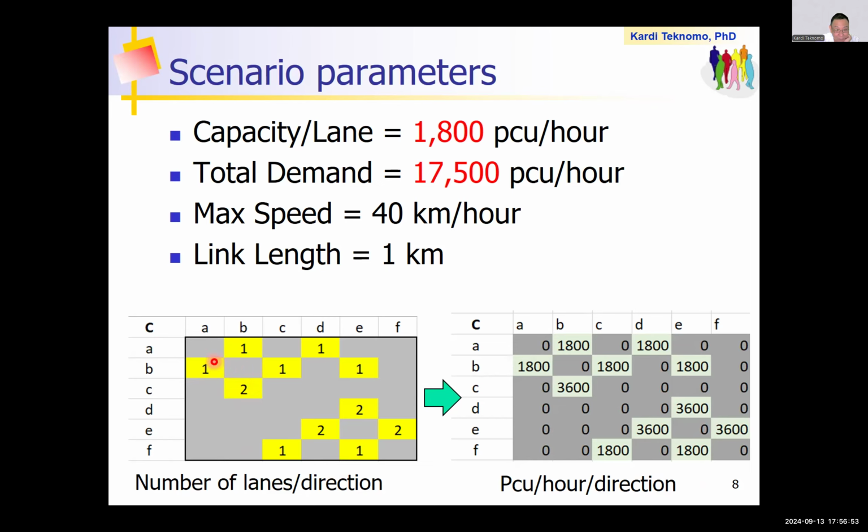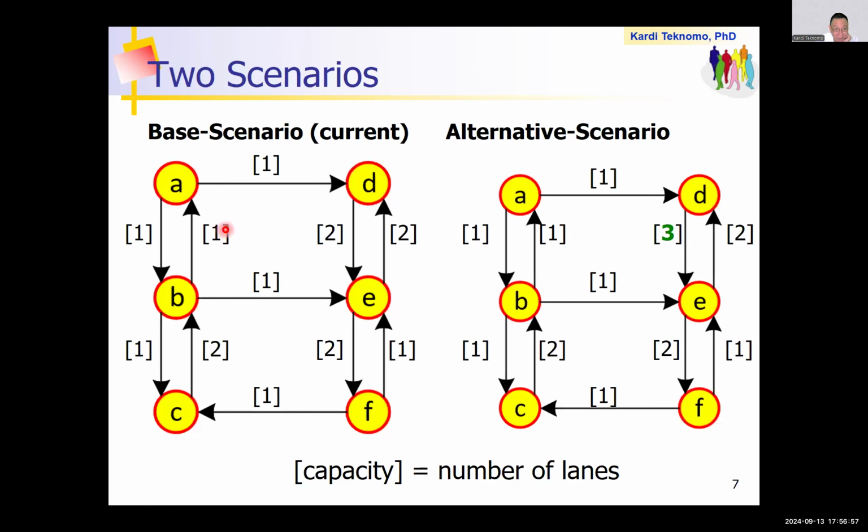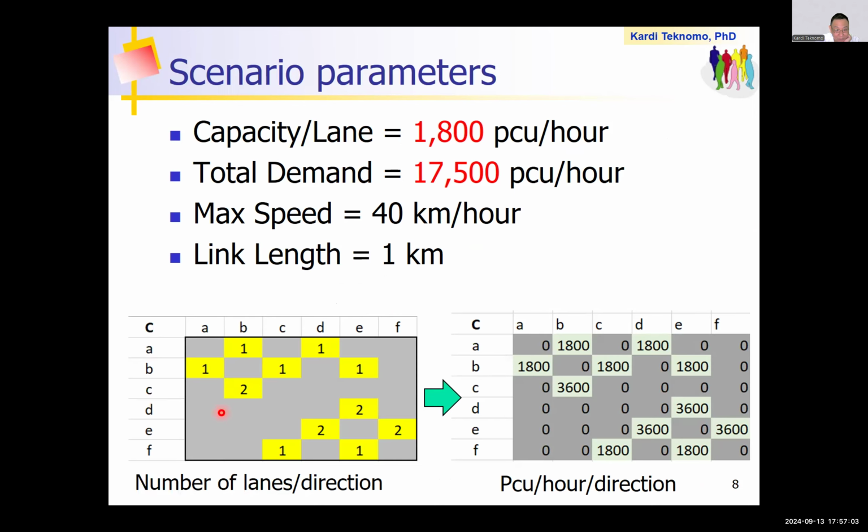So what is this yellow part? The yellow part is from the data that we have. So A to D is 1, D to E is 2, and so on. Is it clear? Can you make this next step? This is just typing. And then because we said the capacity per lane is 1,800 PCU per hour,